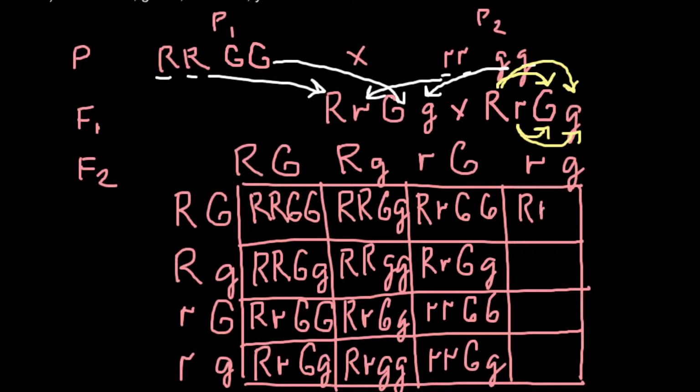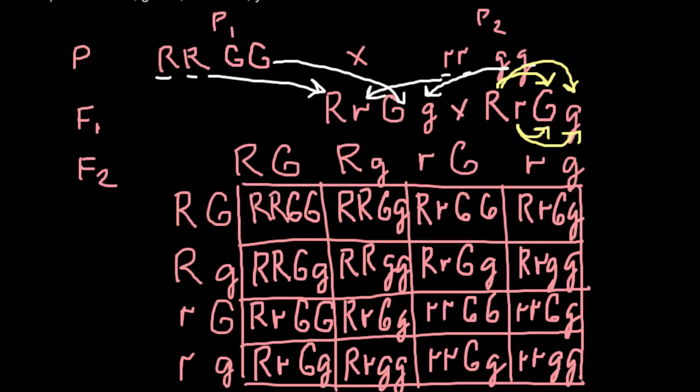Capital R and capital R, and small r here, and capital G, small g here, capital R, small r, and small g, and here we have small r, and capital G, and small r, and small g here. So we are done, and with the next step we have to analyze what kind of